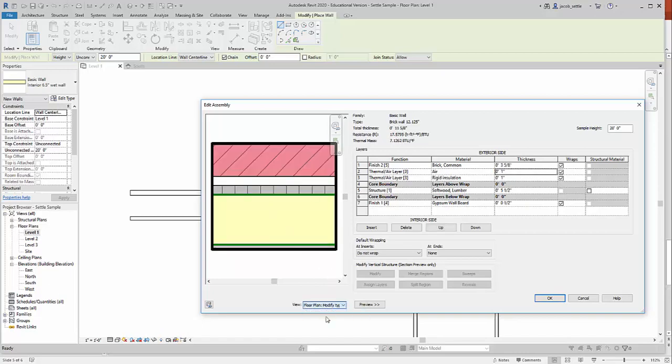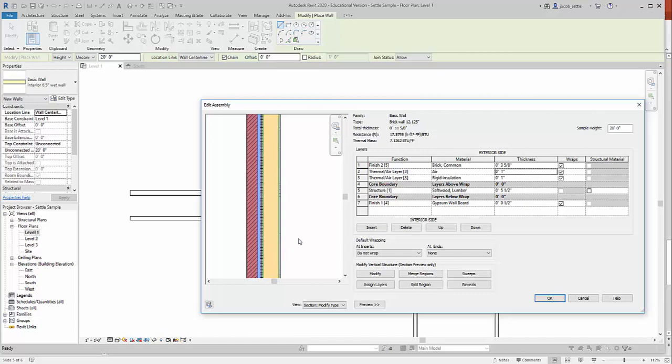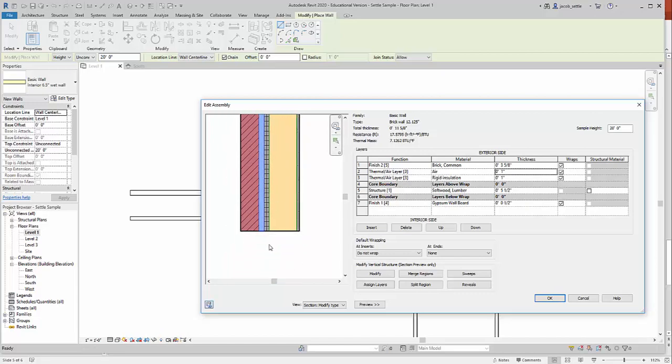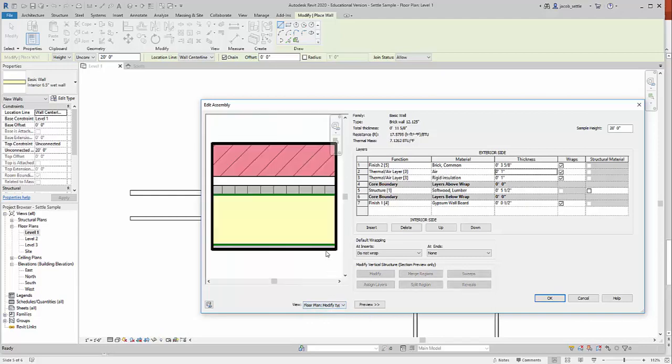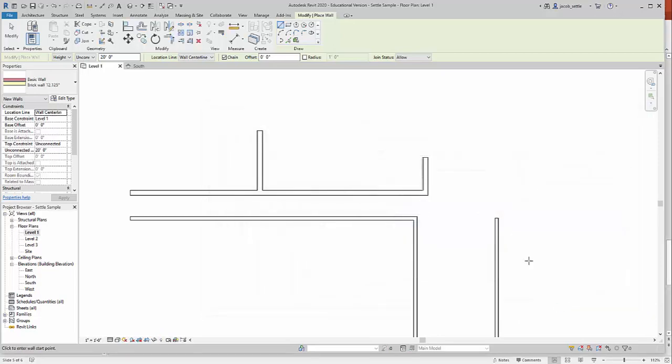One of the other ways you're going to get into this, you're going to view these in the section wall type. We're going to do this much later once we get some floor plans done, but typically you're in that floor plan view. Notice our core boundary is the green line. That's right outside of here. So I'll hit OK on this and make sure I hit OK on this one. And then I am ready to draw